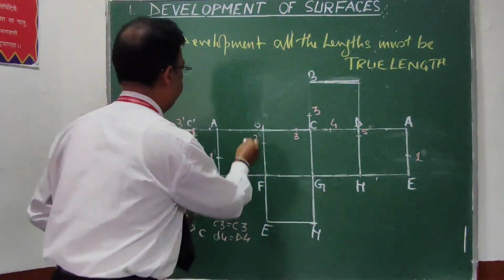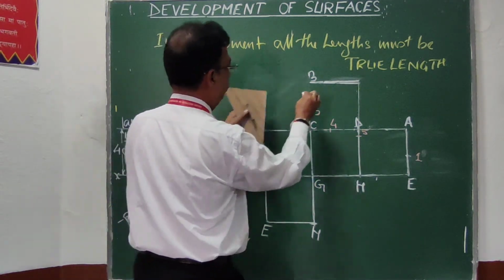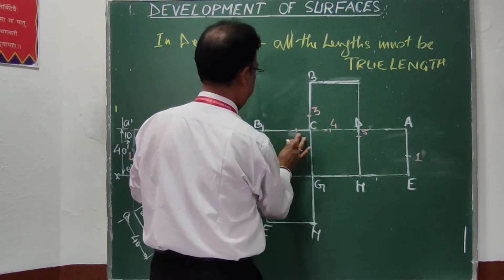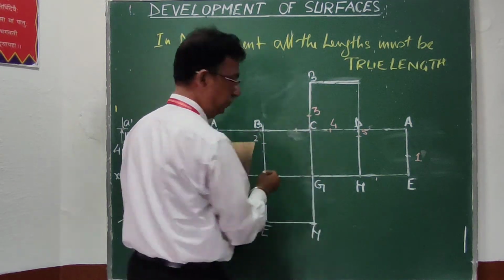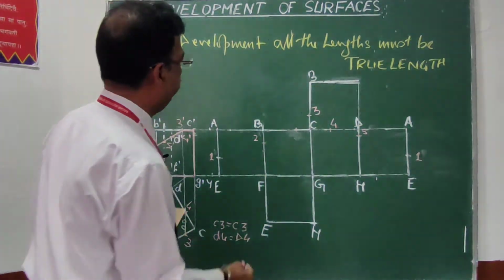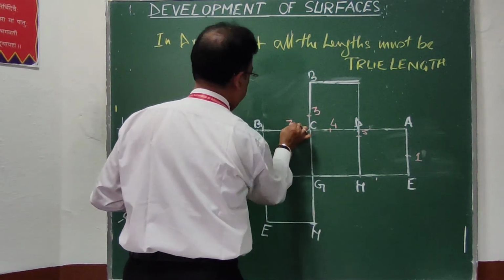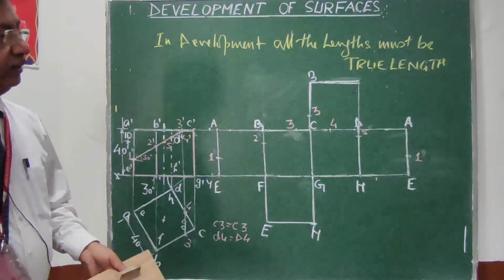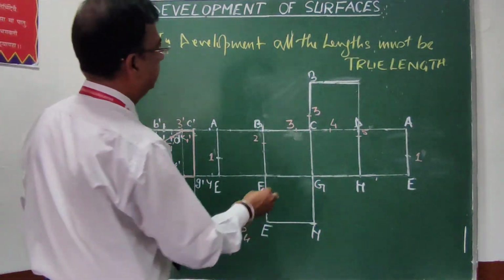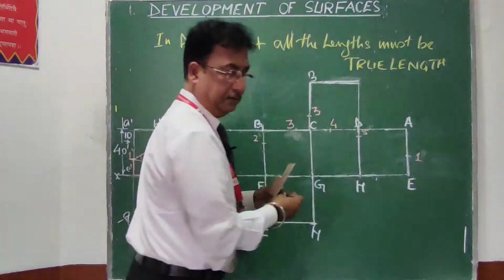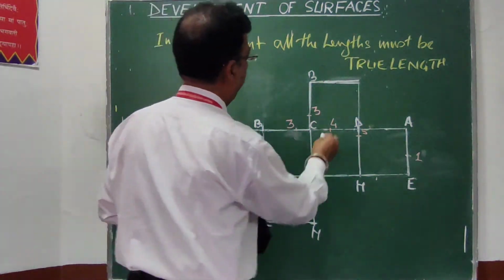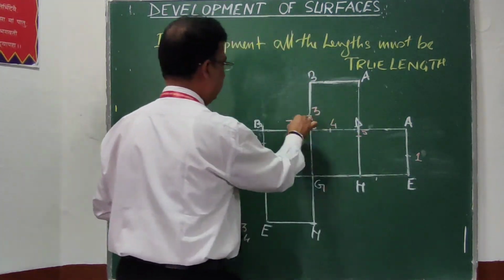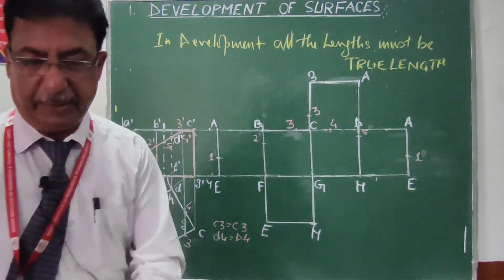Now, look at this figure in the development. So I will get C point twice. This is also 3 and that 4 will be on the CD. That is why I have shifted that to this side. So that flank I have opened in the third position, because I want this shape to get attached